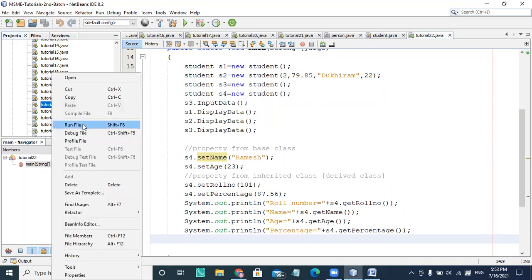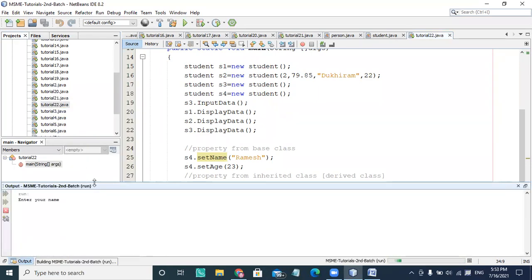So if I'm running this, everything will show here, and I'm having the object for s4. The roll number is 2 and the percentage is 87.63.